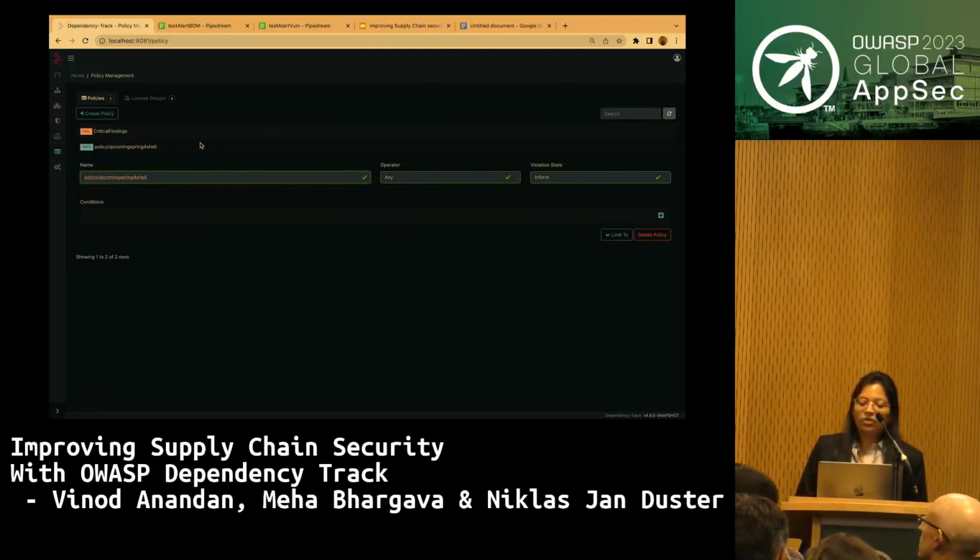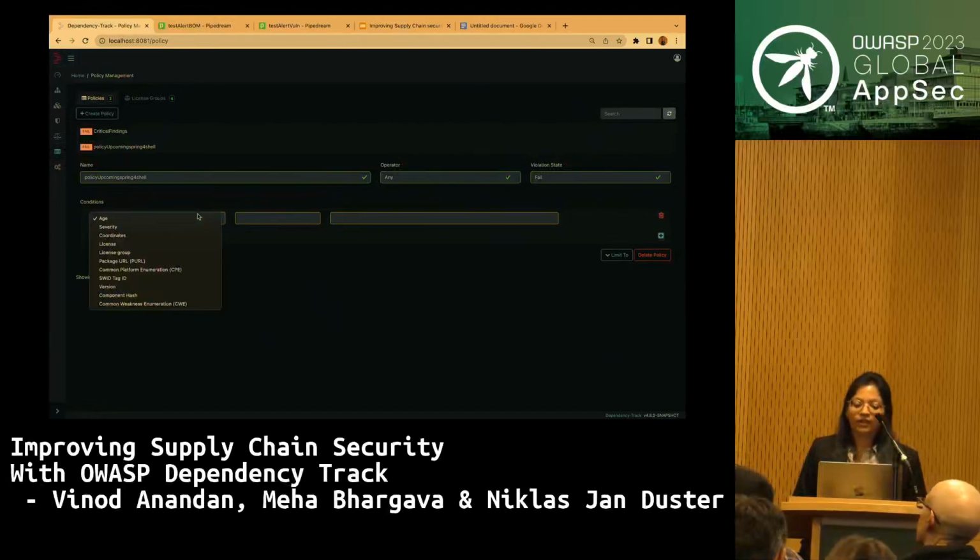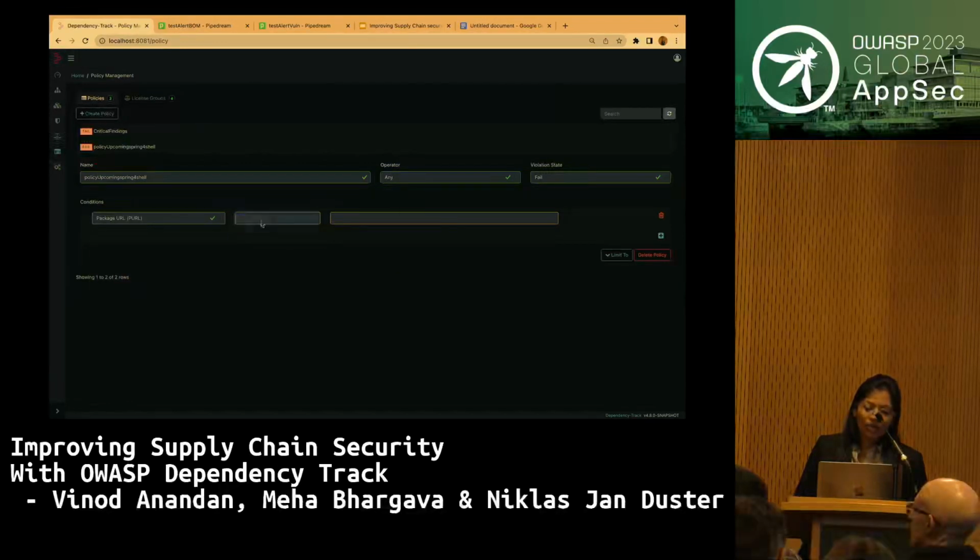So one of the criteria of your policy could be that if the projects being scanned have a component whose PURL, or package URL, matches one of those, you can flag that project for a policy violation and take it from there. I can use that over here, and that would be through package URL matches